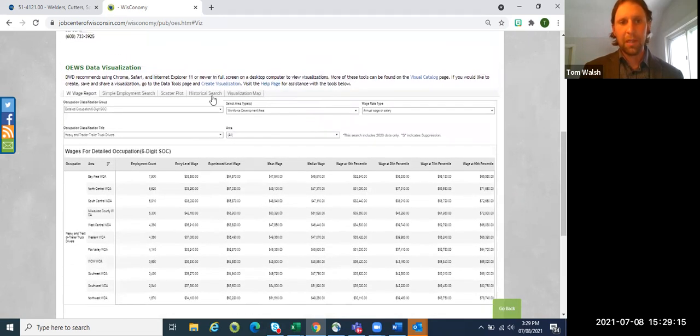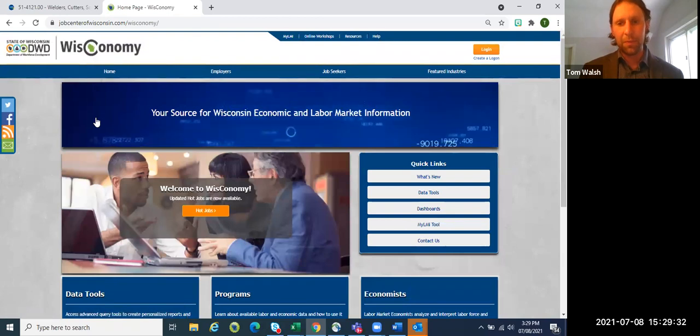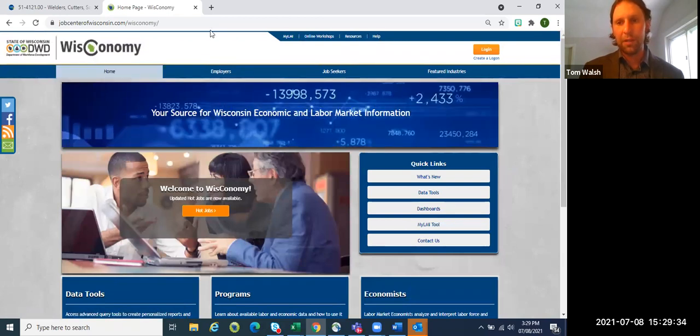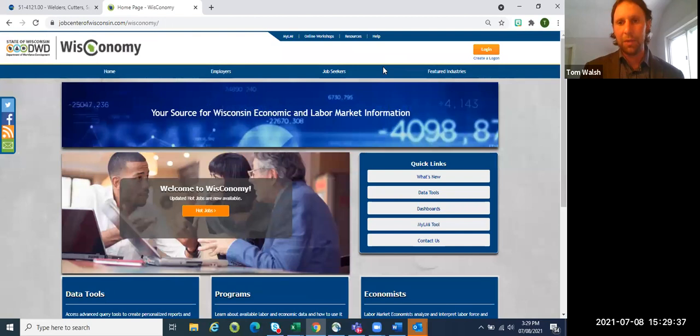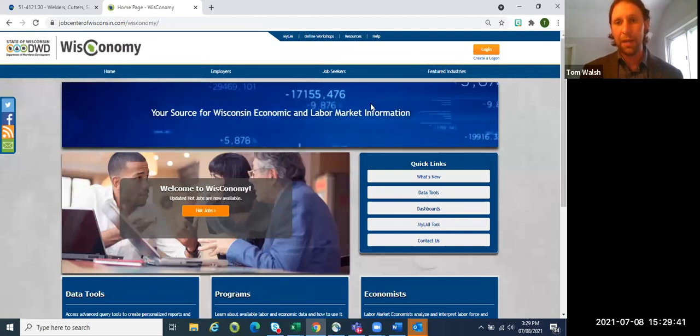There are some bigger tables. The one thing I forgot to show you is that there is a download button on that previous one I showed you, which can be very handy. And if it's something that you do want to use, either if you can find it or if you want me to walk you through it, I can. And highlight another valuable resource and some ways of making it more accessible, I guess would be the best way to put that.